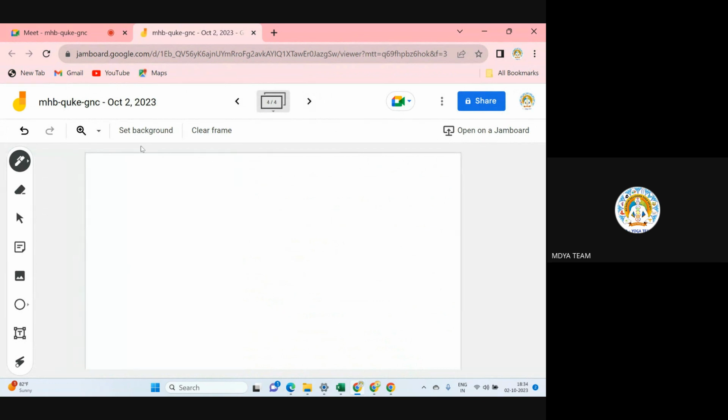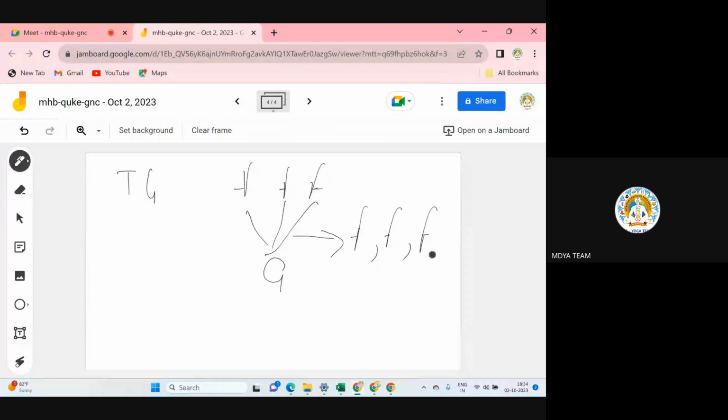As I told you, a triglyceride has three fatty acids and one glycerol molecule. So on hydrolysis, it can be broken down so that the three fatty acids become separate and the glycerol also becomes separate. The first breakdown can be like this: a triglyceride is broken down into three fatty acids and one molecule of glycerol.